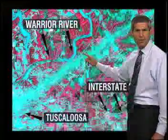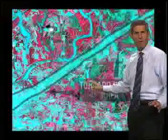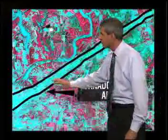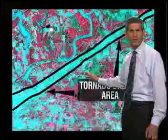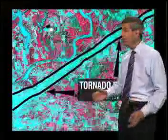north is a river. Now the tornado that went through this area scoured the surface, and the tearing up of all that vegetation makes its track stand out as this swath of aqua that stretches from southwest to northeast across the image. The satellite perspective really helped survey teams get a full and accurate picture of the tornado path, particularly